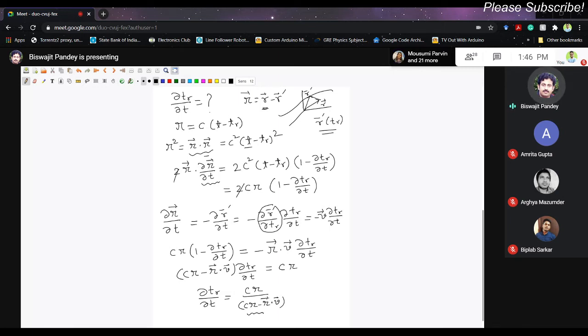If you don't want to write c𝓇 minus 𝓇 dot v repeatedly, let us write this as c𝓇 divided by 𝓇 dot u. And don't forget the definition of u. u is c times 𝓇 cap minus v, the velocity of the charged particle. That's a vector. So now we have obtained the value of ∂t_r/∂t. We shall plug this into the expression for ∂A/∂t. Let us go back to the formula for ∂A/∂t and substitute this. I'm rewriting the expression for ∂A/∂t which we derived earlier.